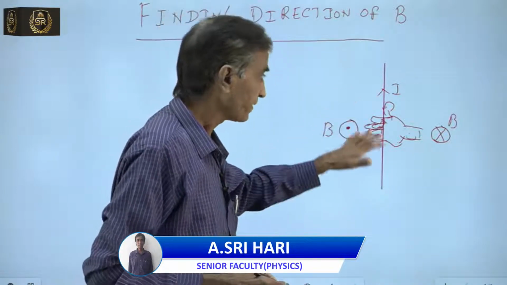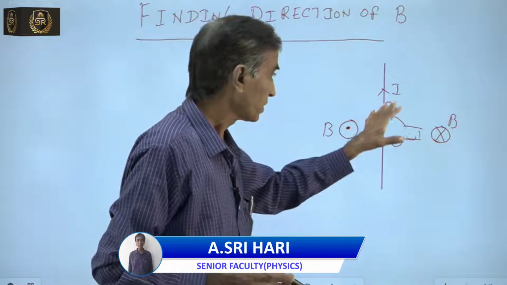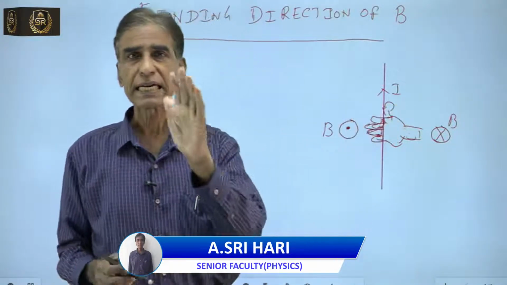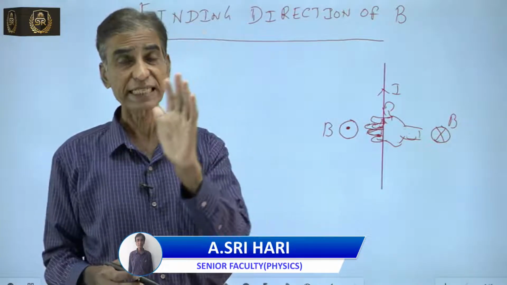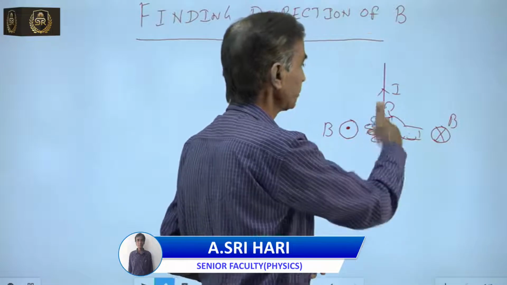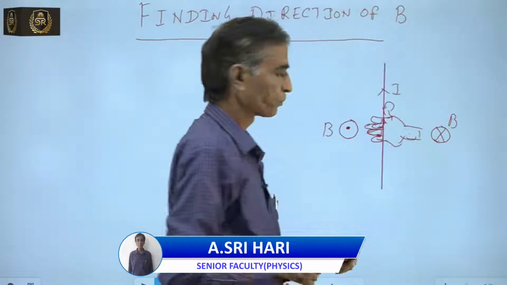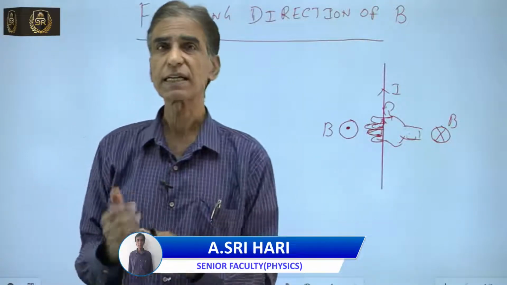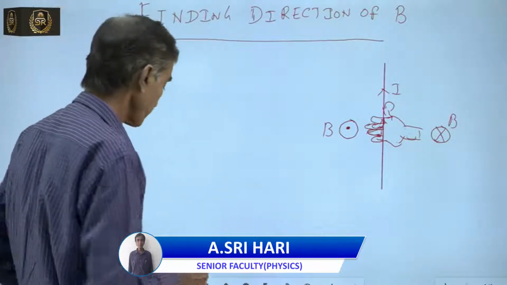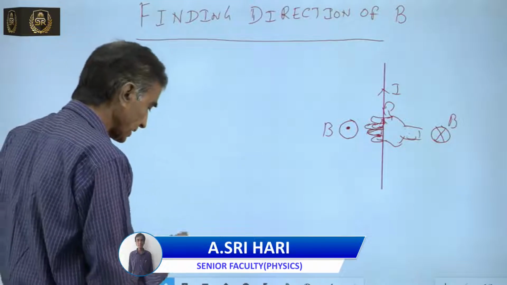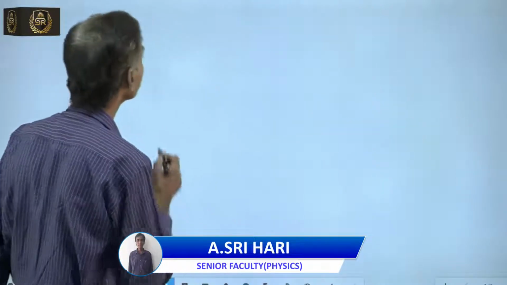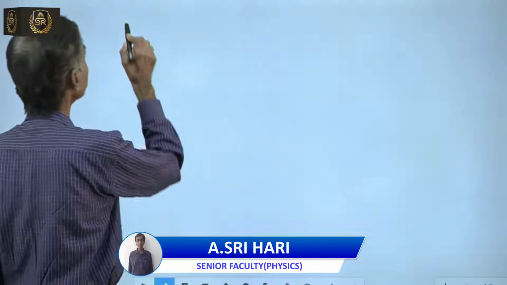So that is a way to find the direction of the magnetic field by current carrying straight conductors. These are all straight conductors, means line currents. We can say these are all line currents. But what about circular current? For that, first we want to find the magnetic field due to a current carrying loop. So first let us find